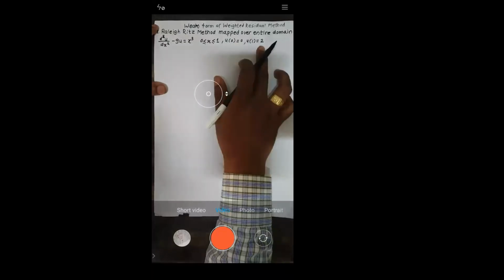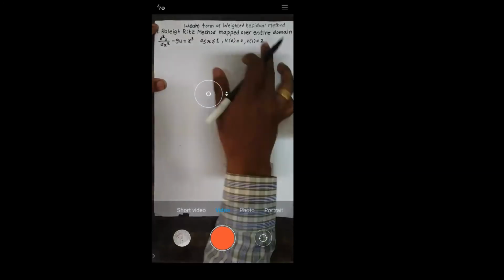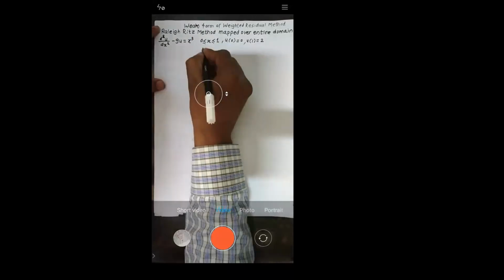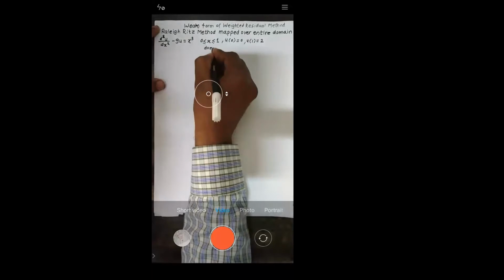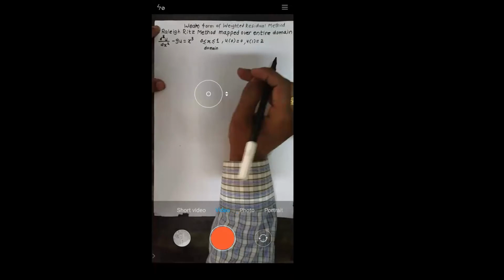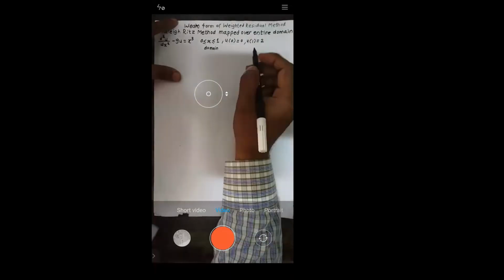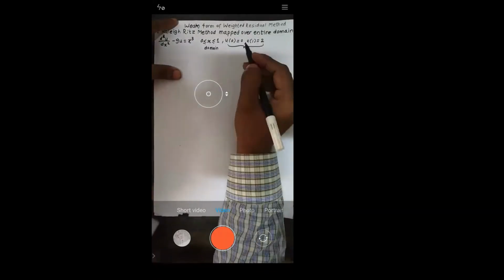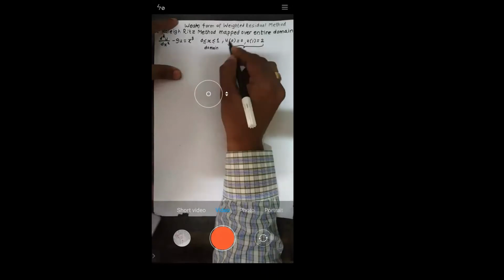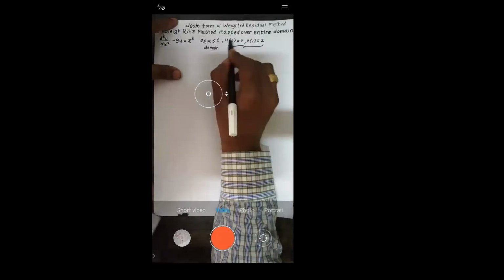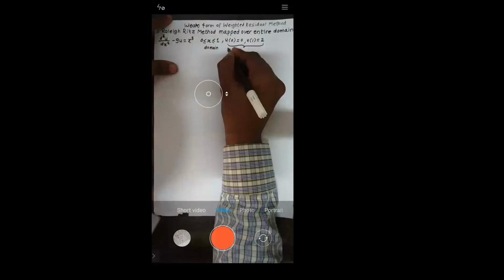This particular thing is called the domain. Let me write this down. This is your range, this is called the domain, and these are called the boundary conditions. If you see both the boundary conditions, they are defined in terms of the primary variable, that is u. That's why these boundary conditions are called essential boundary conditions.